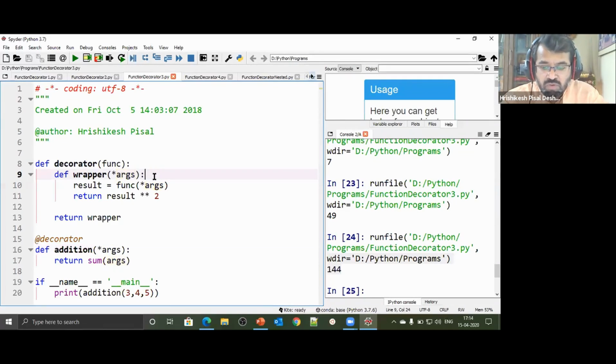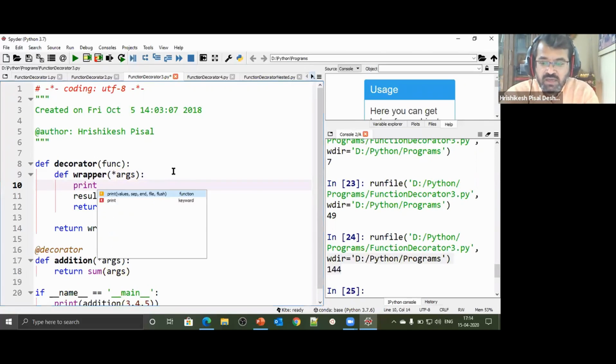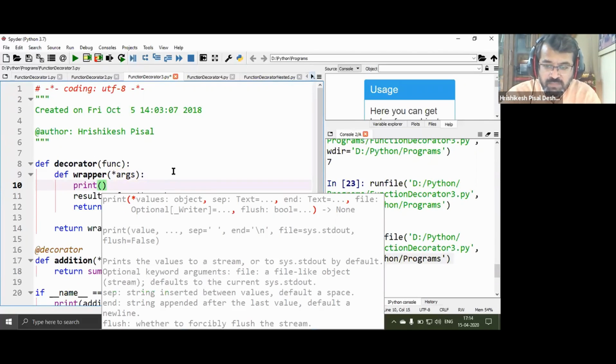And if you really want to know, was this original addition function actually being called? Yeah, we can check that. What we could have done over here is, I could have just called the function name, func.